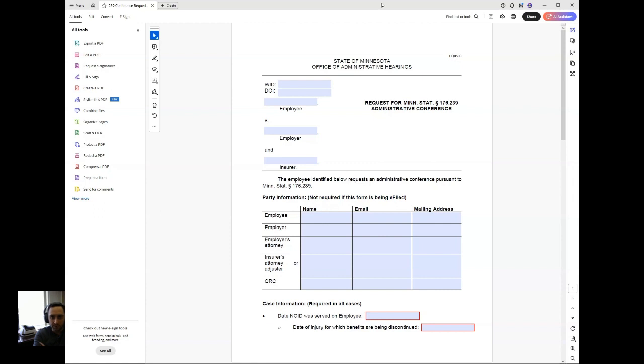So as you can see here, this is the 239 request. Fill in your WID here, the notice of intention to discontinue, or sorry, the worker identification number, your date of injury, your name, your employer's name, and insurer. You will likely not be e-filing this. You'll be filing it by mail, so you'll want to complete this information here,